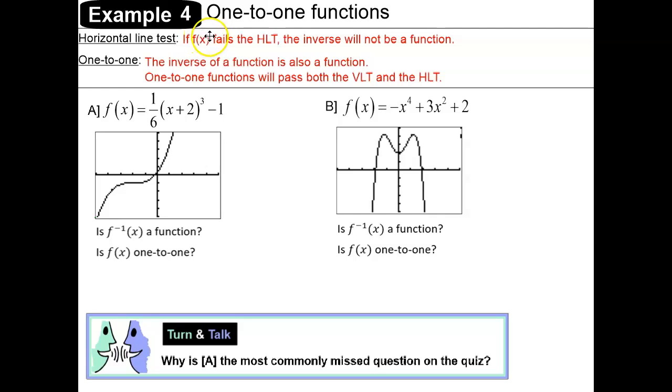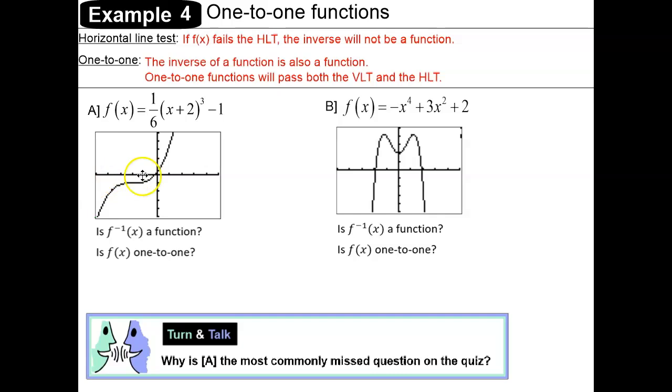So if f of x fails the horizontal line test, its inverse is not a function. And to be one-to-one, the inverse has to be a function as well. So to be one-to-one, the graph of the function has to pass both the vertical and the horizontal line test. So when I take a look at example A, 1/6 x plus 2 to that quantity to the third power